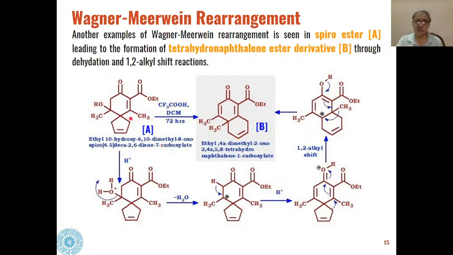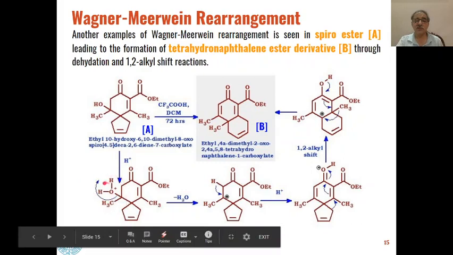What happens is that this alcohol functional group will interact with the acid. OH2 positive will be formed, water will be lost, and H will be removed from here to create